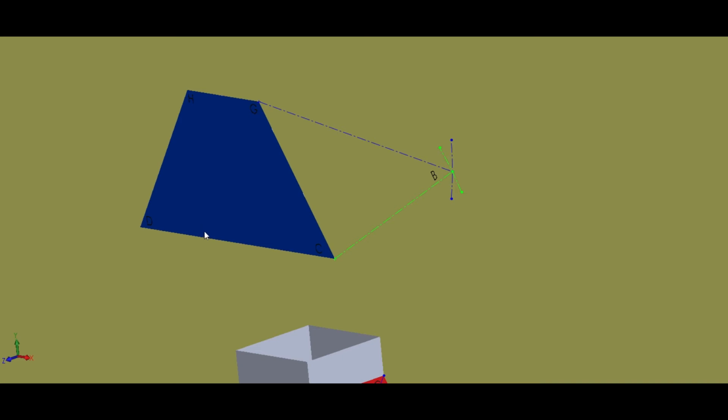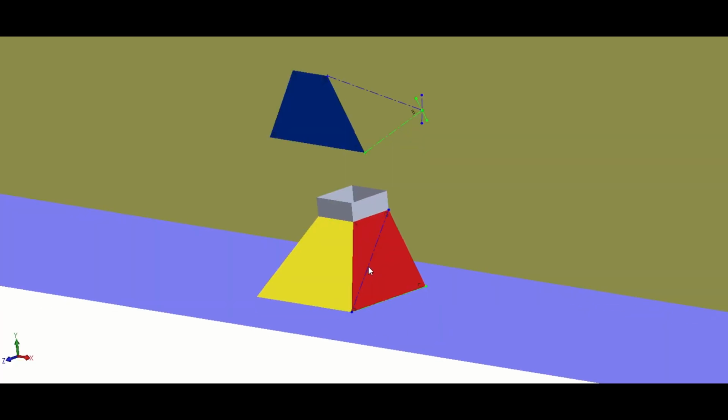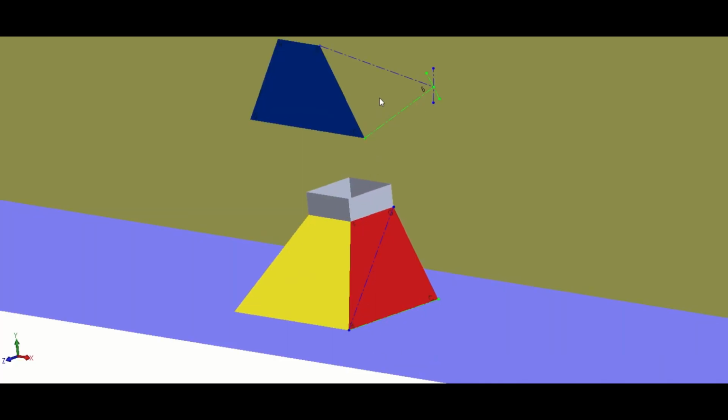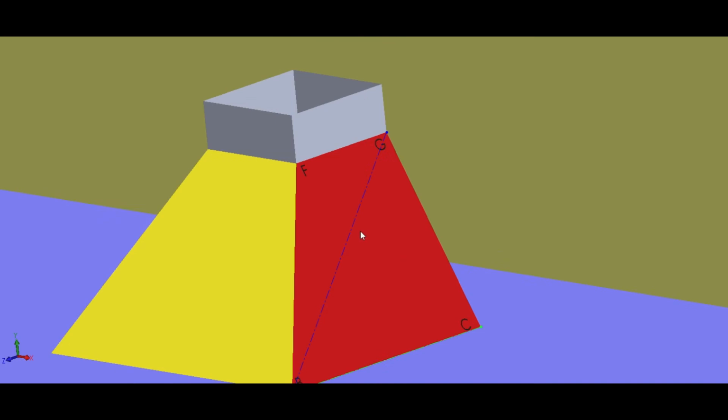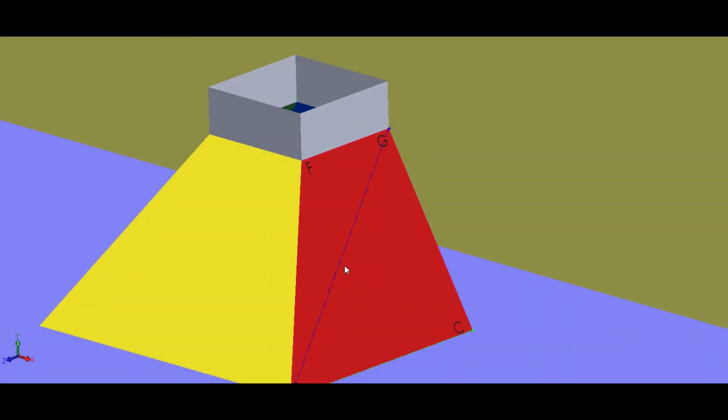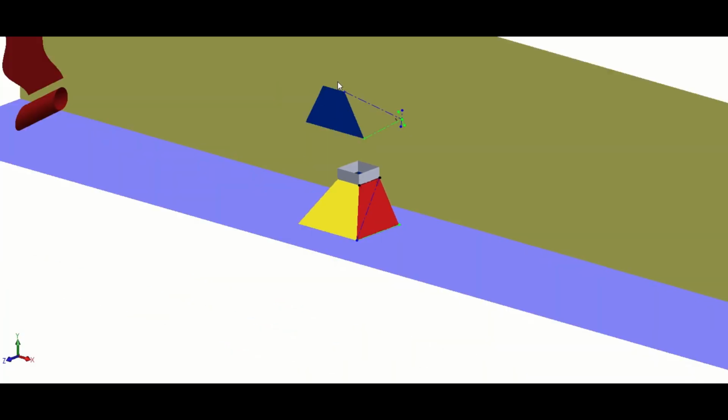Now you're probably going to get the gist of this very quickly and realize that it's just more and more of the same. And the same principle solves most of these transition piece problems. Next one, if I want to finish off this red surface, I need point F. So I take the true length from G to F. I'd set that on my compass and I'd bring it on up